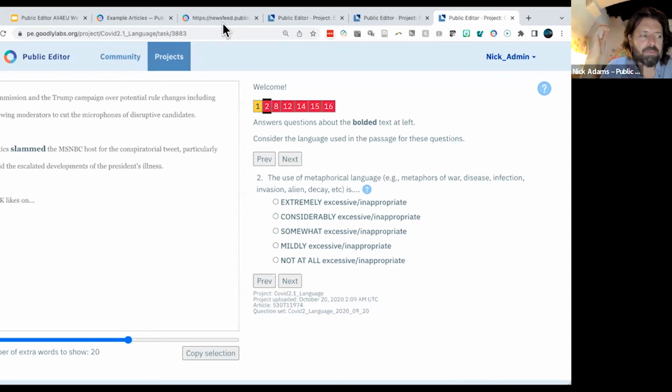We know that people respond to ratings, and journalists will respond to public editors' ratings. If a journalist is frequently losing points on public editor because they can't help themselves making these big exaggerated claims and metaphors, over time, they're probably going to become a little more careful, and we can expect our entire news discourse to improve